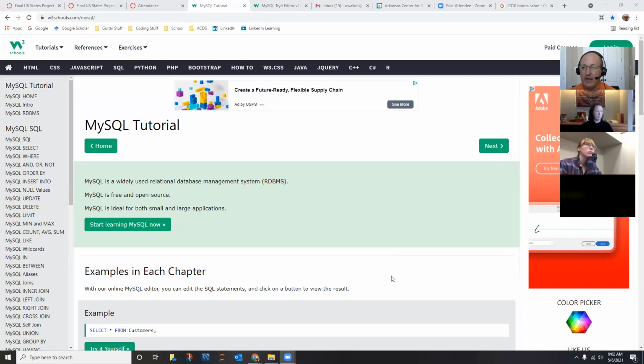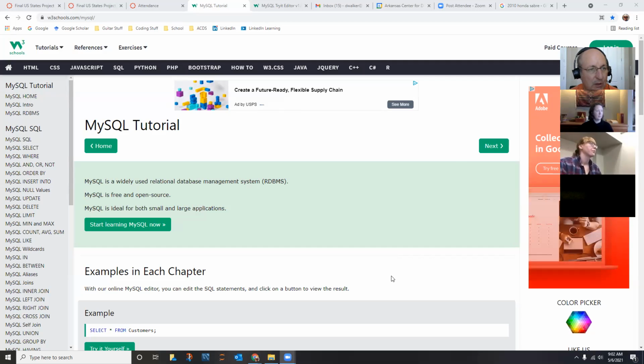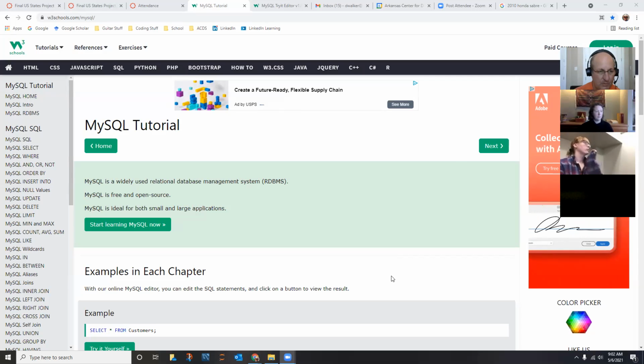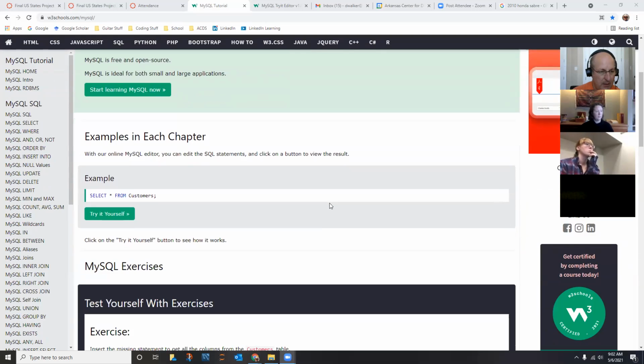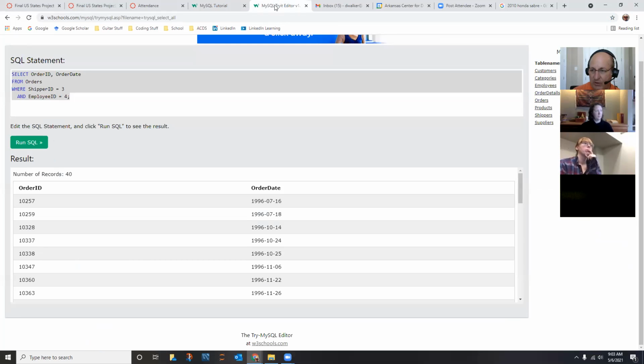Okay, so it is May 6th, and we're going to look at another MySQL database, using another venue, using that W3 Schools that I showed you before. The thing you want to click on is this Try It Yourself button, and that will bring up a new tab, which is a fully functional